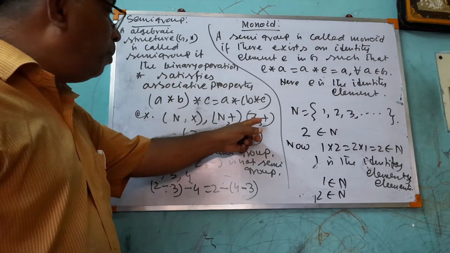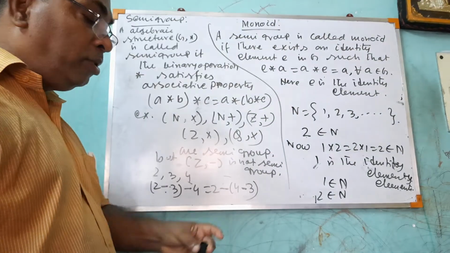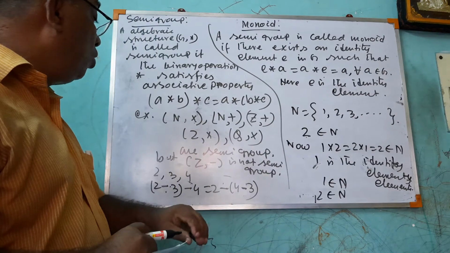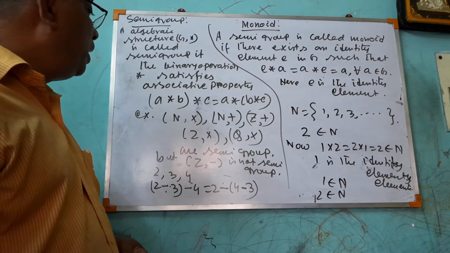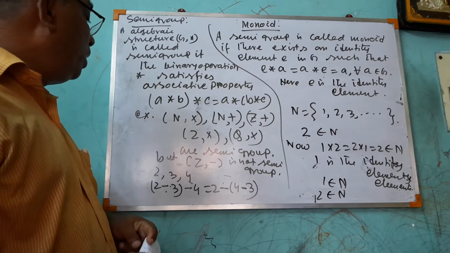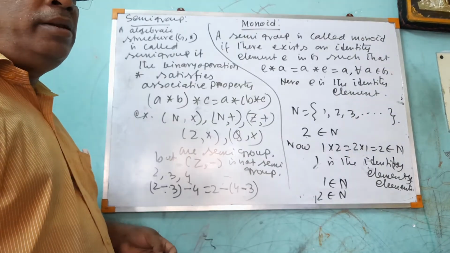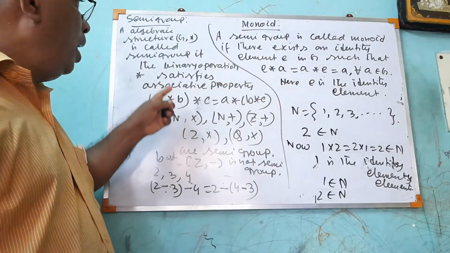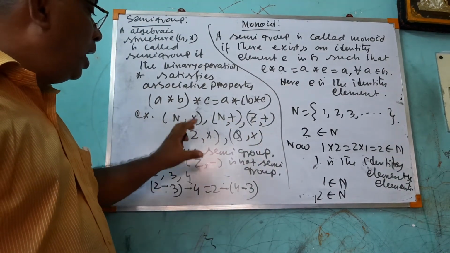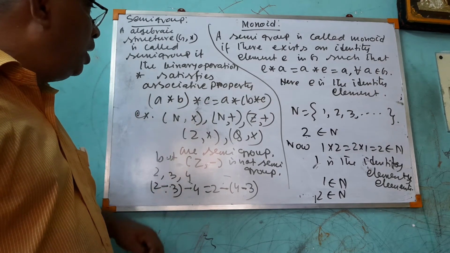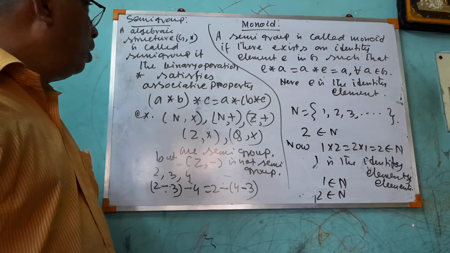Similarly, I have written Z plus is a semigroup, but Z minus is not a semigroup. Why is Z minus not a semigroup? Z means Z is the set of integers. If we take three numbers from Z, then those three numbers will satisfy the associative property for plus and into. These all satisfy the associative property. So Z plus and Z into are semigroups.